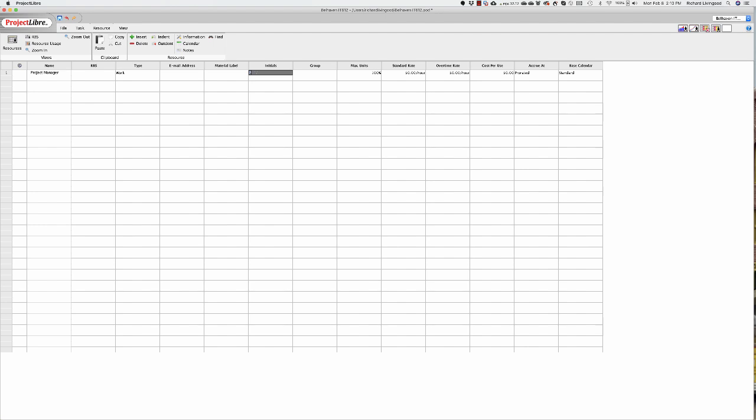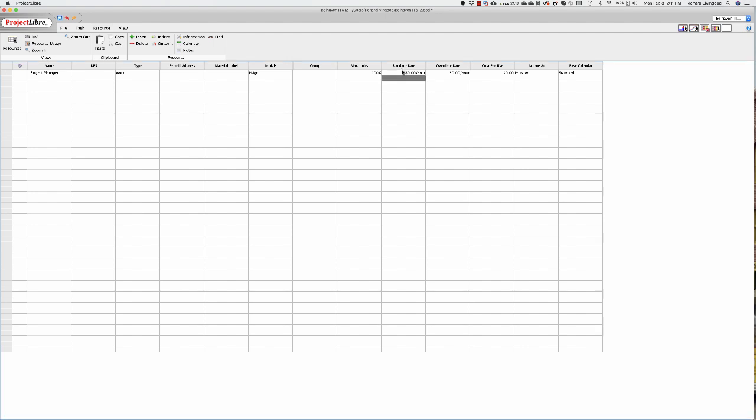We're going to make sure that this comes out different later, because we might need to be able to determine the difference between a couple of resources that all begin with the letter P. So it's work. We've changed the initials. We've got one person, one project manager, which is not unusual. And let's just say that in this case, we aren't going to get too complicated. This person will associate 100% of their work time to this project, and we're going to give them an $80